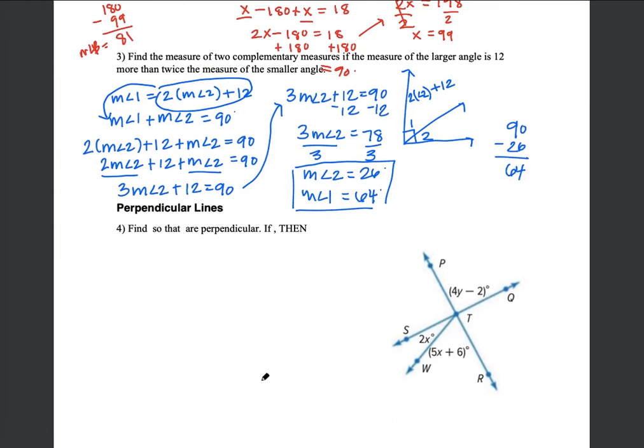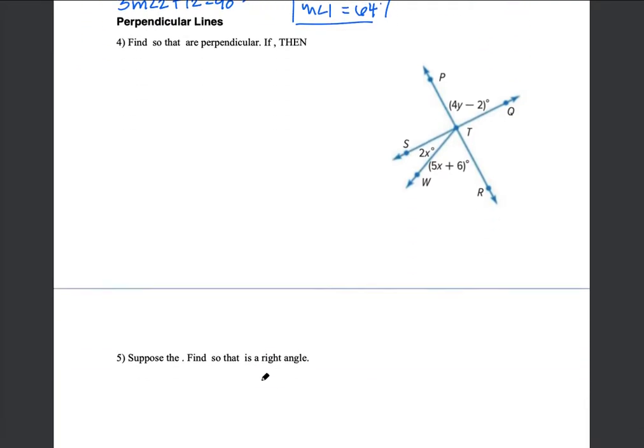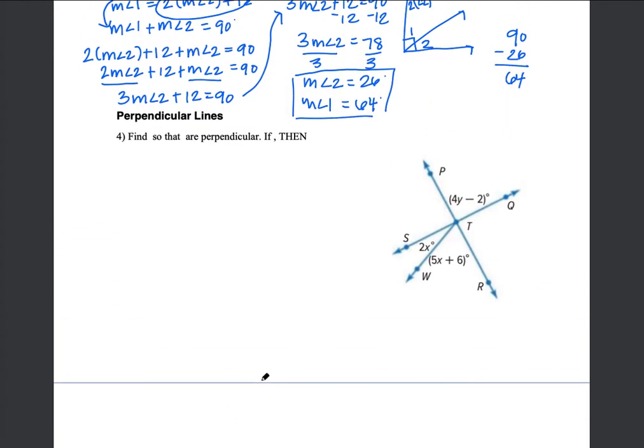Okay, now let's go over an example with perpendicular lines. Oh, and I'm actually missing a lot of words here. Okay. Well, I don't know what happened there. It's supposed to say find x and y